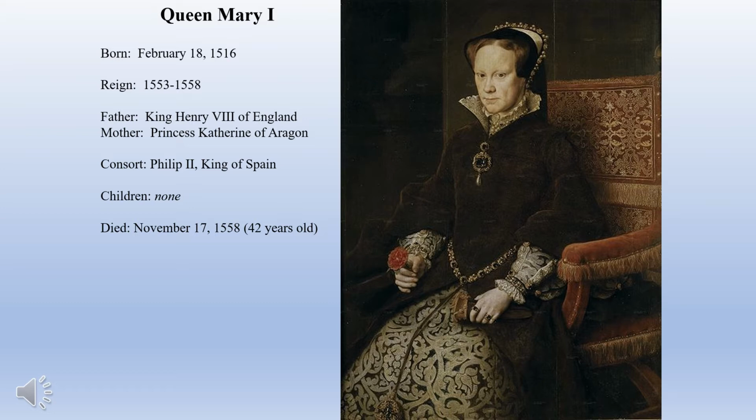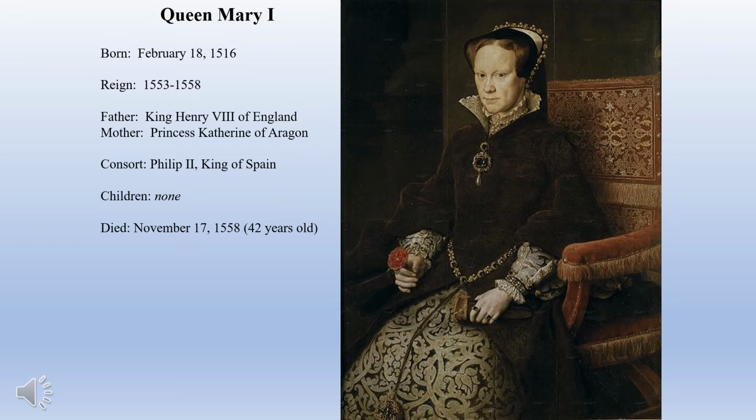Well, after a 9-day period, Mary's forces do end up seizing control of England, and Jane Grey is essentially beheaded. And there goes the 9-day reign of Queen Jane I. Jane didn't want to be queen anyway, so it was something that she was forced into. So this is one of those sad cases where it probably would have just been best to leave it alone. But she had to die, Mary firmly believed, or there would always be a problem to her reign. And she even talked about having her sister Elizabeth executed because she was so paranoid about this.